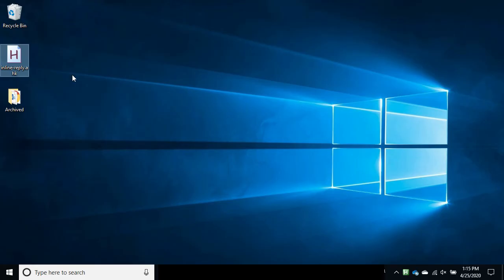Now the script is running in the background. We can confirm this by seeing an H icon in the tray. Hovering over this H icon will show which script is running. You can run more than one AHK script at a time, so each H icon will show what script that is. Now this indicates that our script is running successfully in the background. It is just waiting for the keystroke. So if we open the Microsoft Teams application and press Ctrl+T, all the automation that we have written in the script will execute.